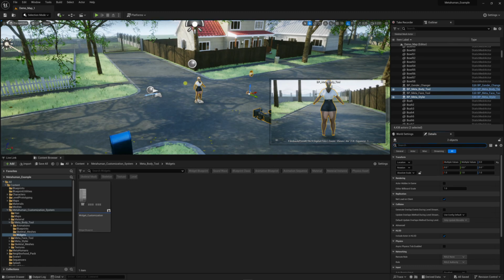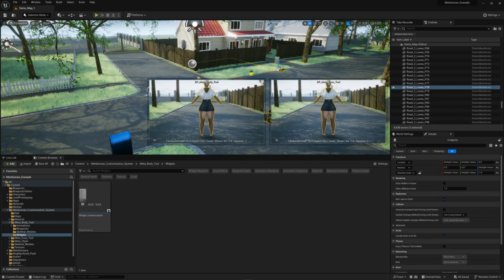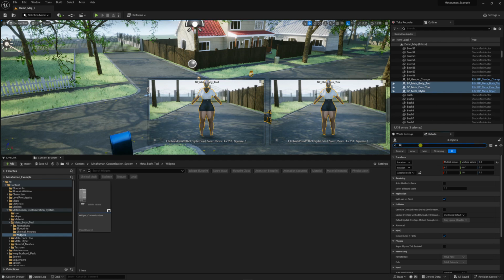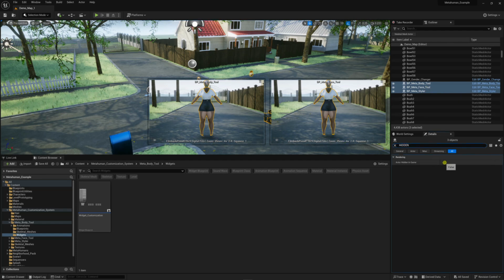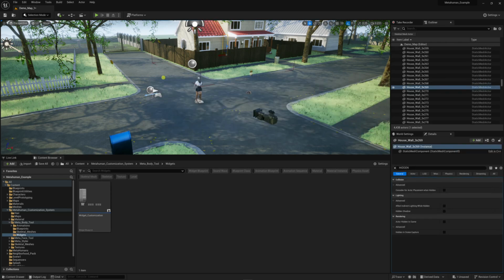So the meta styler, the meta face tool, meta body tool, select all of that. I'm selecting other stuff. Select all of that. Okay, meta body tool, meta styler, meta face tool, type hidden, and set hidden in game to true. The player start,